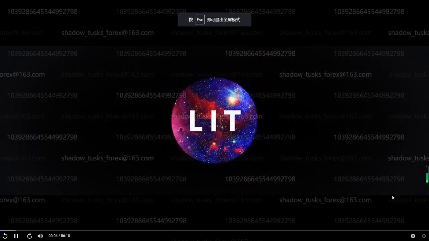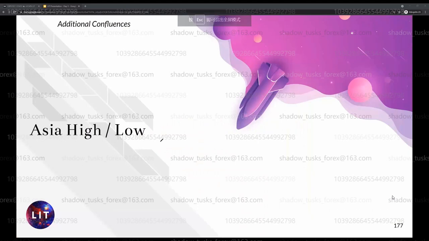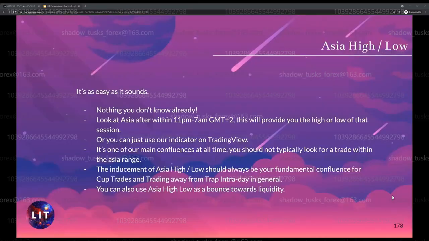So we will start with our guide, which of course is the Asia range, and of course we can add additional components like the Asia high and low. So what is going on here and what are we going to do? It's as easy as it sounds, nothing you don't know already. Look at Asia after it's closed, and this will provide you with, of course, the high and the low